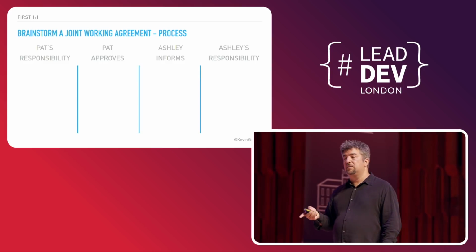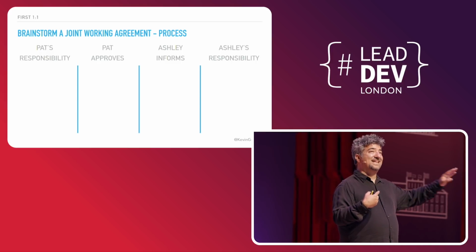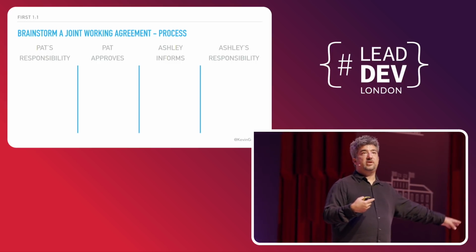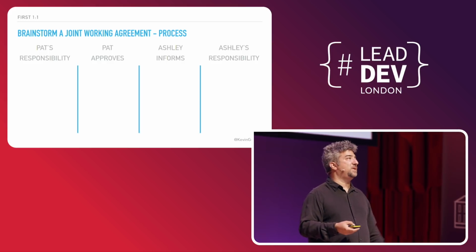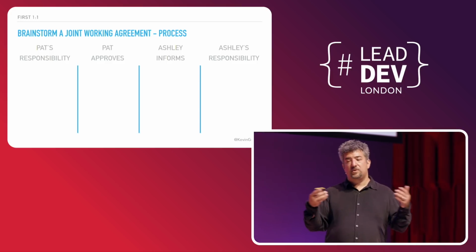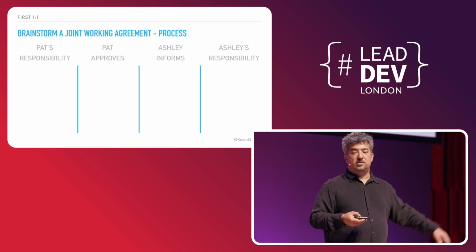And then the final column is, this is a responsibility of mine that is now yours. This now belongs to you, just do it. I don't even want to know about it. I'm just assuming that it's being done. So this gives you a nice continuum from things that are just mine to things that are just yours.